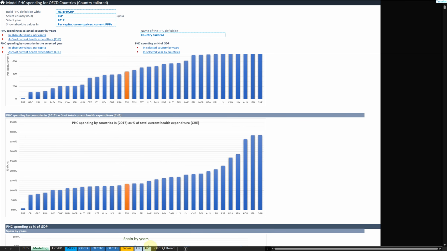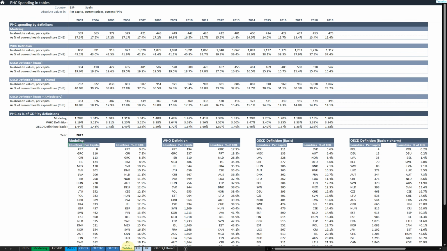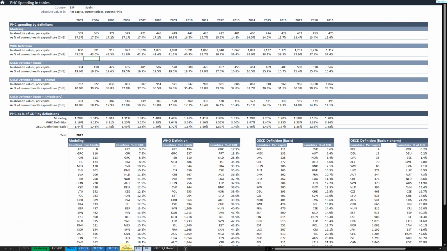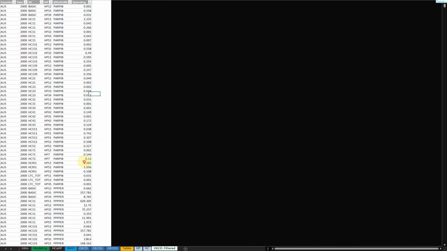And if you want to see the numbers behind it, you can go to the tables, and the tables are dynamically populated. So if you change the country here, this table will show the numbers behind all these charts. And in this table, which is I think very long, here is the database actually loaded, and this is the data which the tool uses to present and